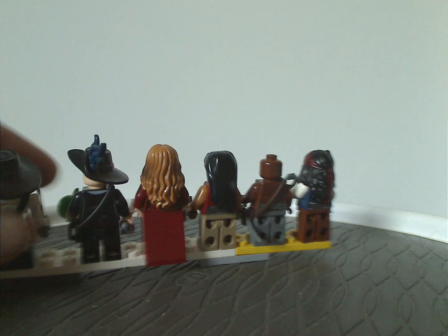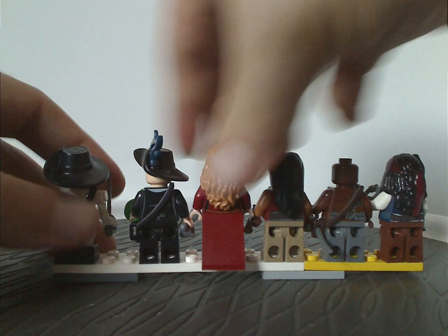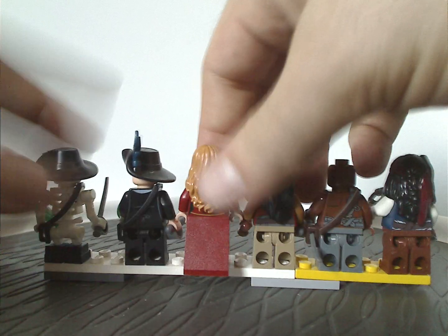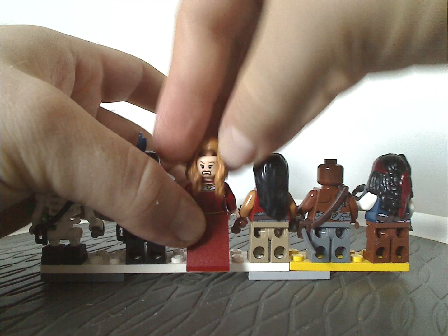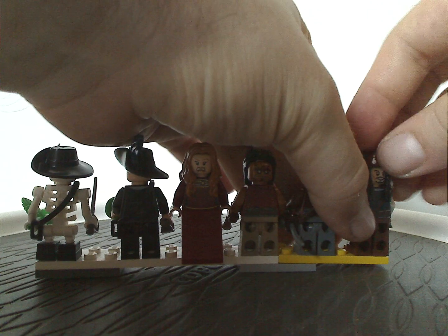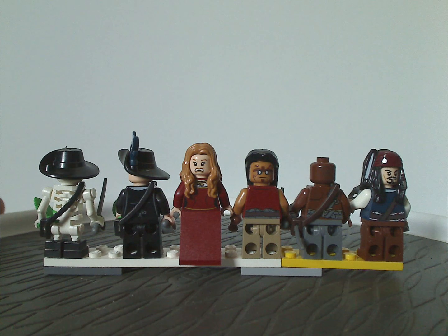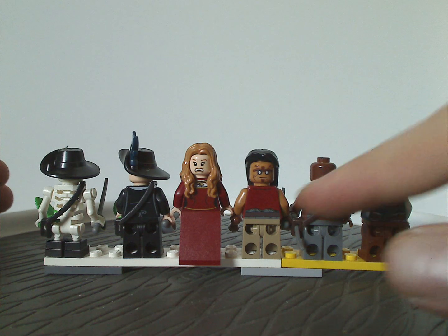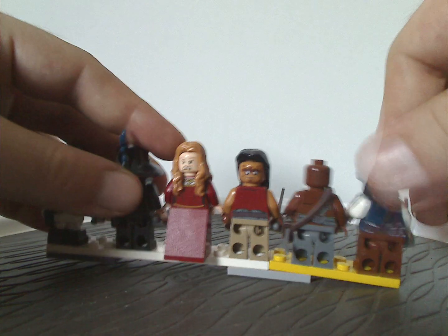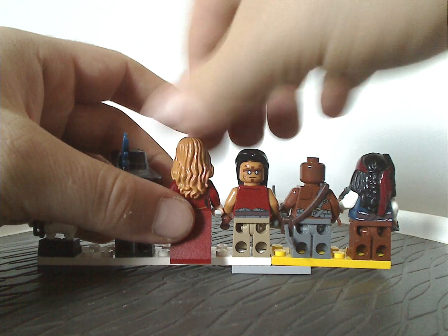And then on the back sides of all the figs, Barbossa does not at all need face printing, but however, all the rest do have some double-sided faces and also some slight back torso printing on all of them. But as for the minifig selection as a whole,